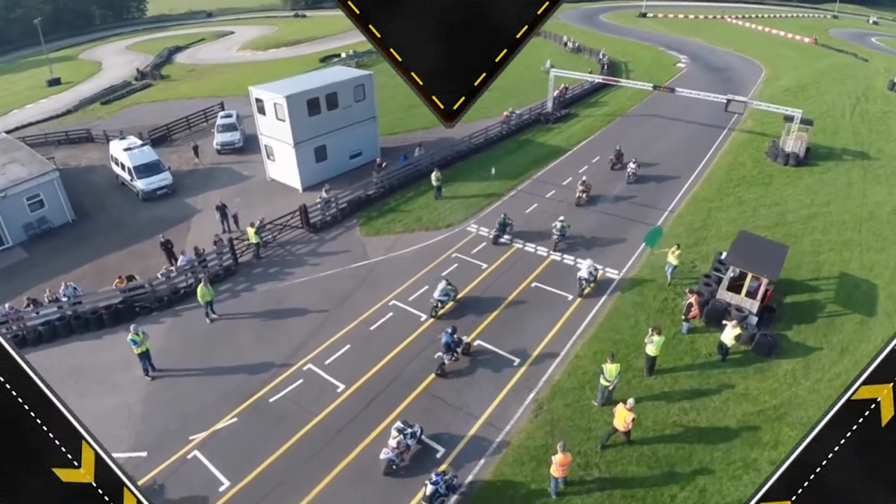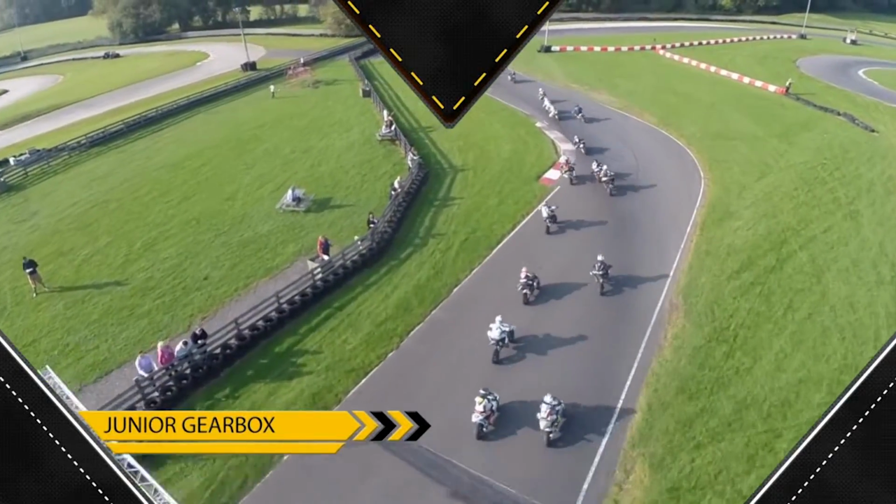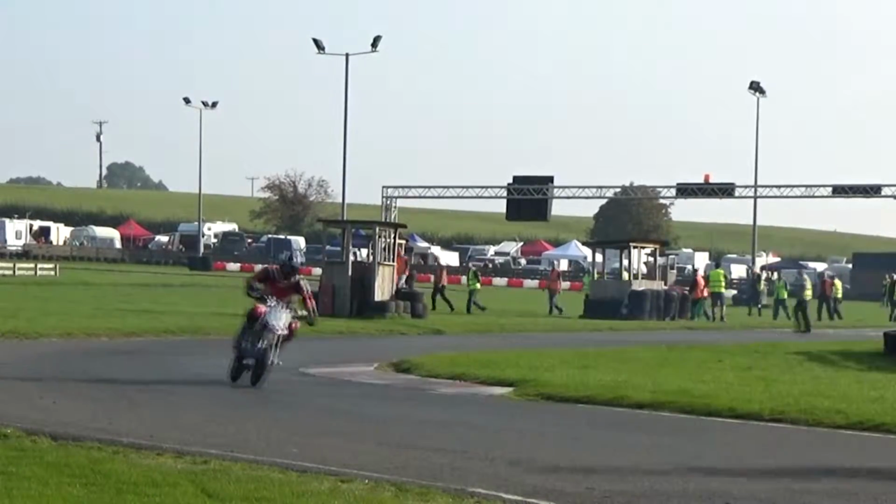So here we go with the junior gearbox race. Ron Ryder left behind on the start there, but they'll get away cleanly into that first chicane. And you can see the riders in the midfield battling for position as they go through that first corner. But up at the front, it's number 76, Elliot Pinson, leading the way with Scott Bourne right on his tail